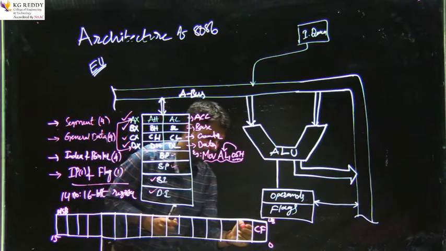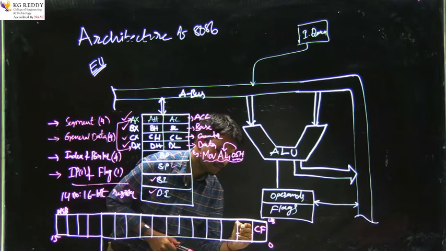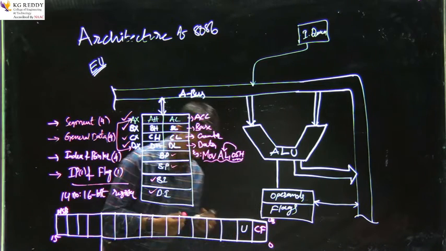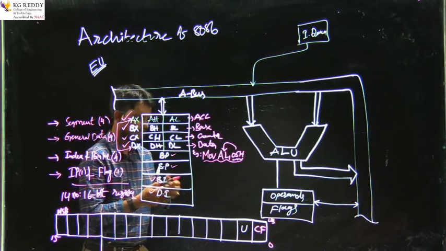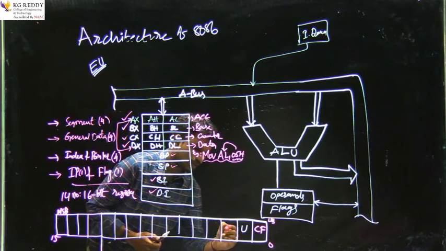And the second bit field is unused. Second bit field is unused. As I said, total 16 bits, but still we are using only 9 flag fields for the 8086 processor. And next one is